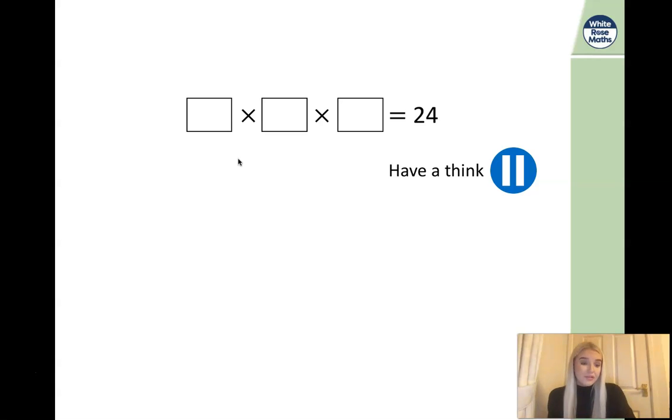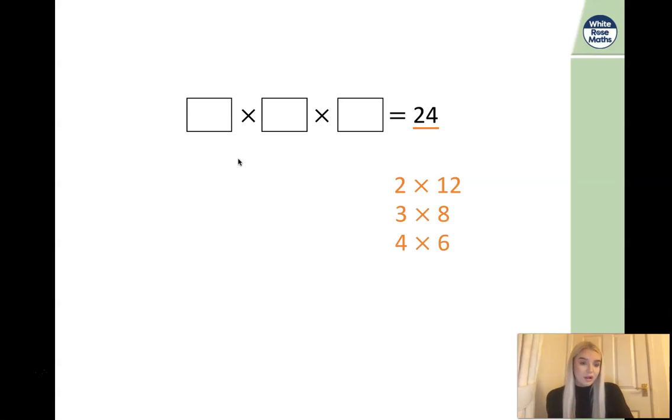Okay, so you might have started in a variety of ways, but let me show you how I would have started. So what I would first do is I would look at the 2 numbers that multiply together to make 24. And we call these factors. 2 factors to make the product of 24. So we can have 2 and 12, 3 and 8, and 4 and 6. And those are all factors of 24. Now because we know that, we need 3 numbers. And we know that 1 multiplied by 24